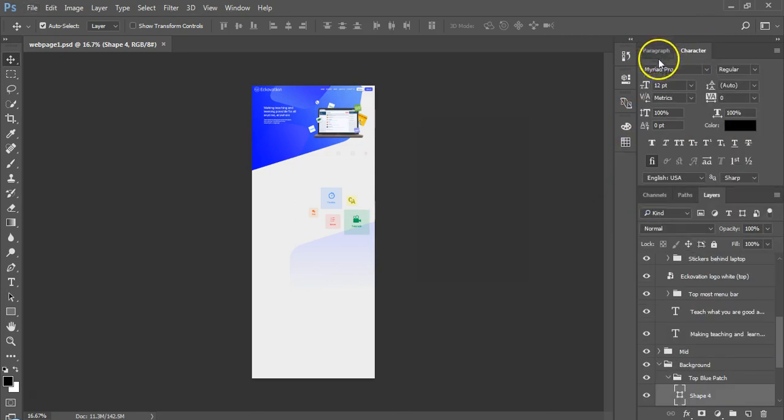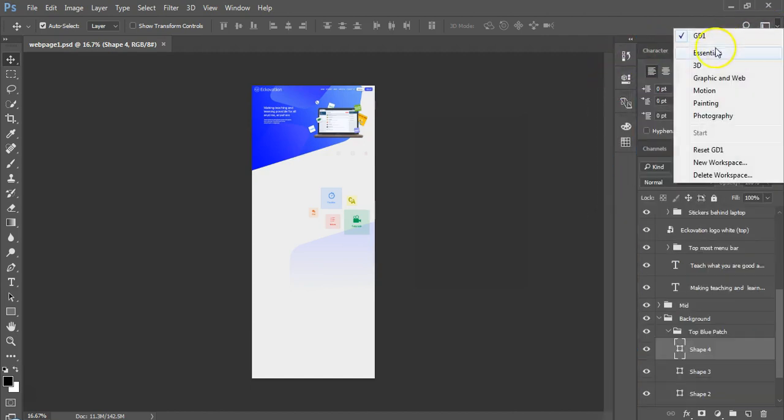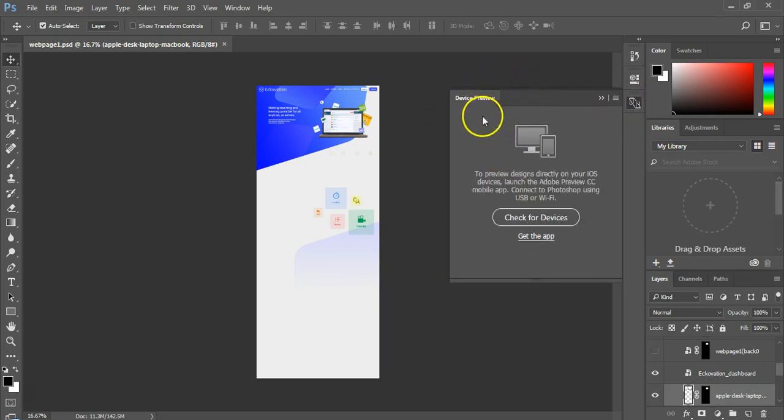Moving on, let's hack this workspace to pieces. Oh my god! Sorry. Let's set the panels to Essentials first. Now click on one of the icons from this vertical panel to snap out its own panel. Then click and hold the name of that panel, which is on its top left corner, and drag it out in the middle.